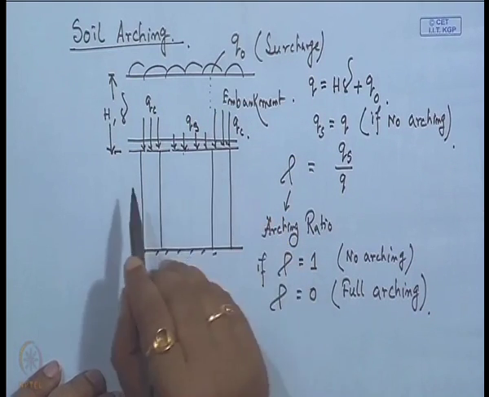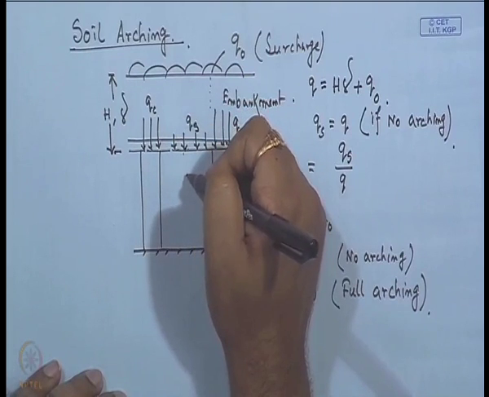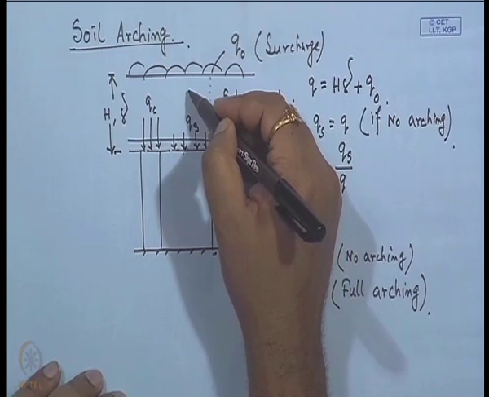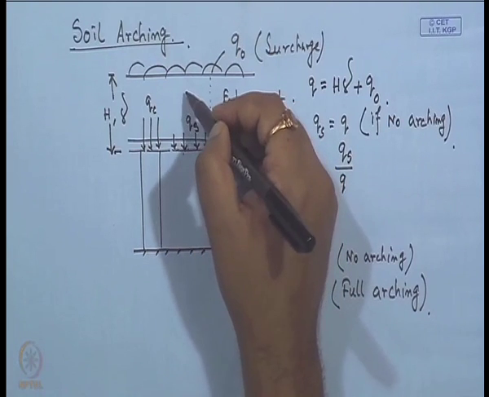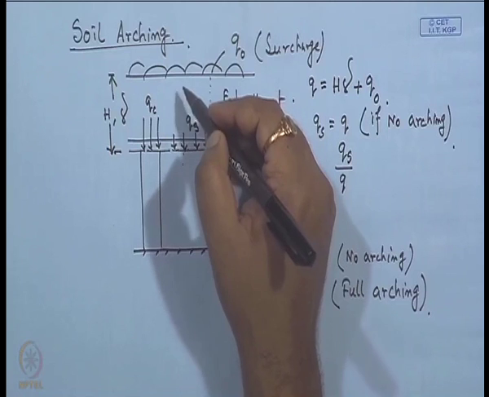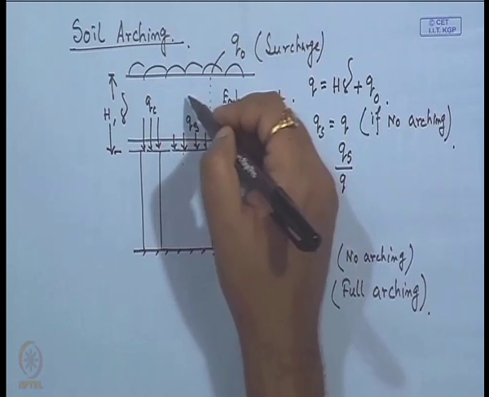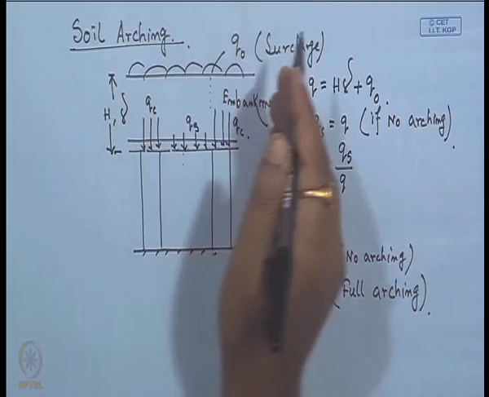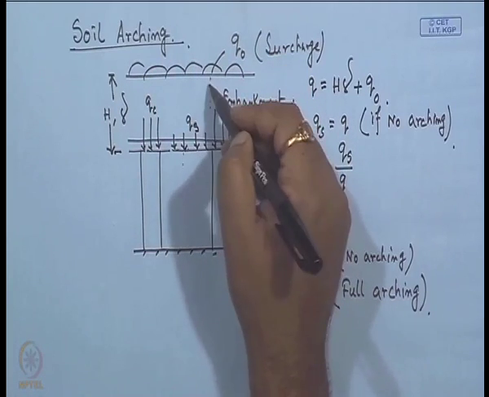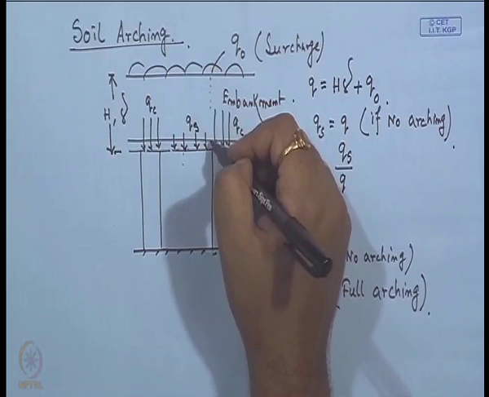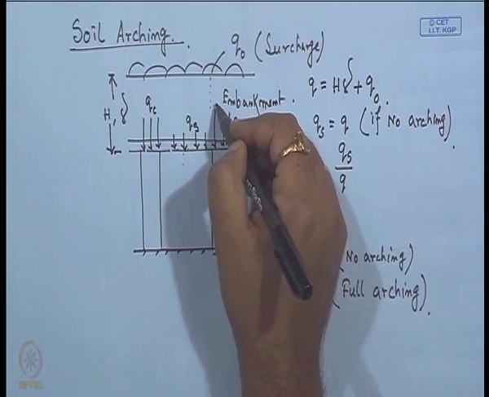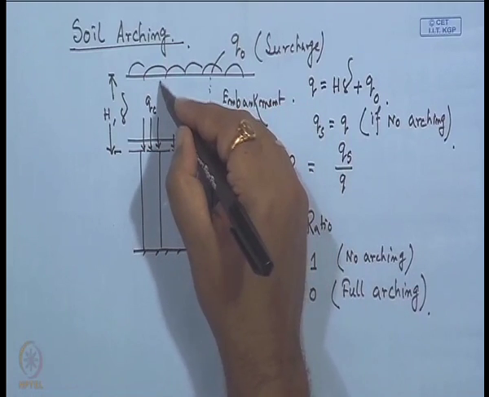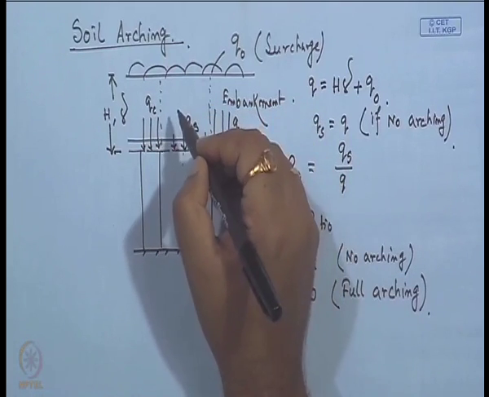But because of this soil arching, because there is a differential settlement, the shear stress will develop. That means the embankment material above the soft soil area will settle more compared to the soil above the stone column region. So, there will be a differential settlement, and there will be shearing between these two zones: one is the zone above the stone column, another is the zone above the soft soil.